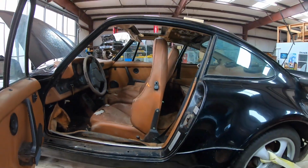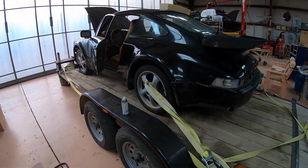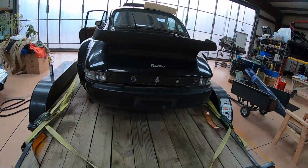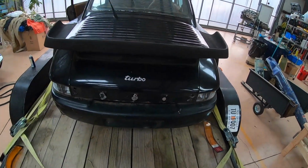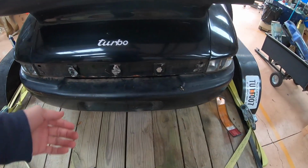That's right. This is a 1977, actually. Porsche 930. Not just a turbo, technically. This wing is incorrect, because somebody gave it the 90s, you know, 964 bumper treatment, but